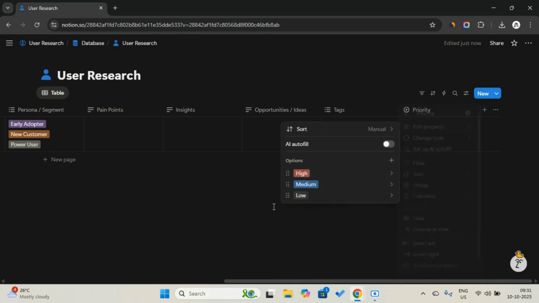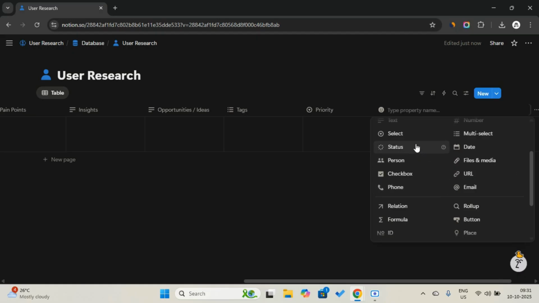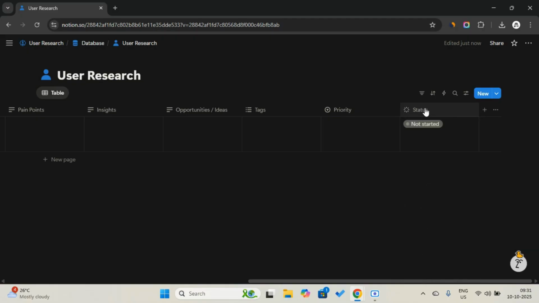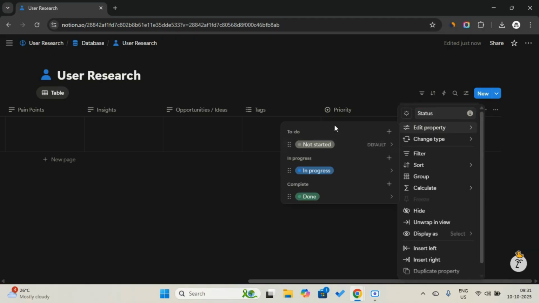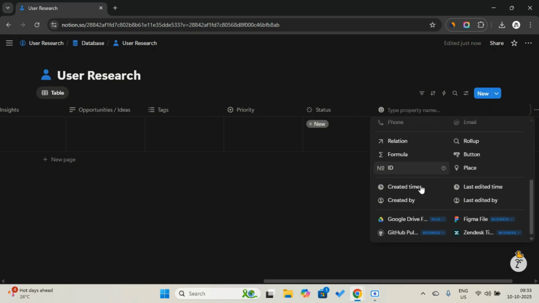Okay. Now let's add another property, which is for status. So select the status, and here, yeah, it's all status. Let's change the select. These are the select options I add in the status property. First is new, then in progress, and then analyzed. Now let's add a create time,